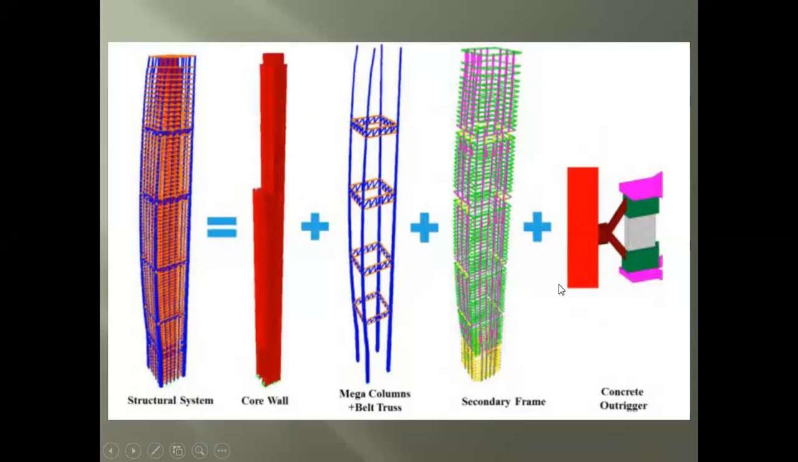And in general, it will not be enough to use just the core and the mega columns. Like you see in the picture, we need to use a secondary frame. The secondary frame is additional columns and beams, horizontal slabs, and sometimes vertical walls, and all of them are accepted according to the analysis and calculation. All of them together form one of the effective constructional systems